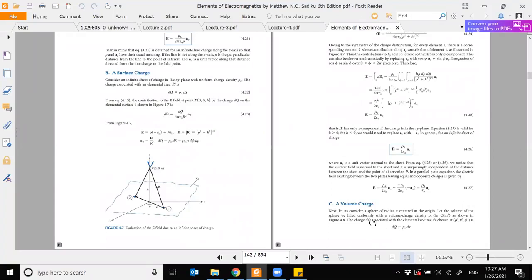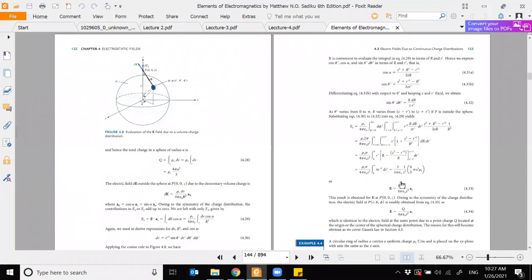In the textbook, we use the general formula for finding the electric field, that is the general formula of our Coulomb's law. And then we solve it in a very similar manner as we did for the line charge and the surface charge. And we will see that the electric field is nothing but Q over 4 pi epsilon